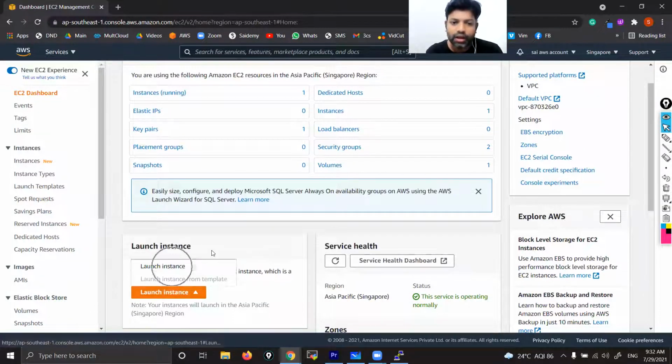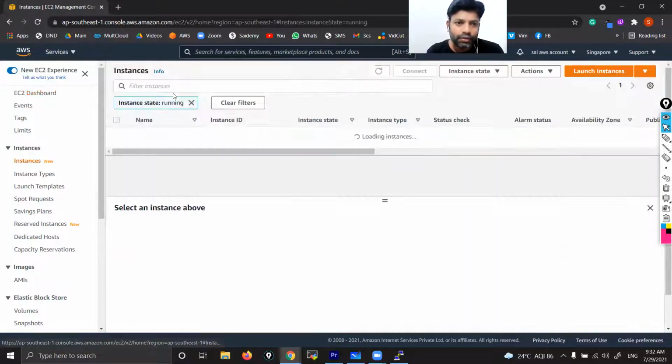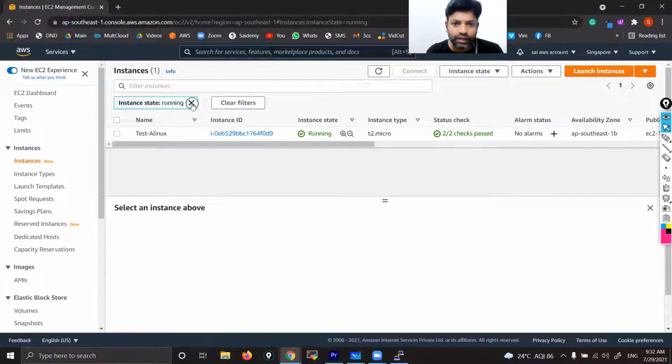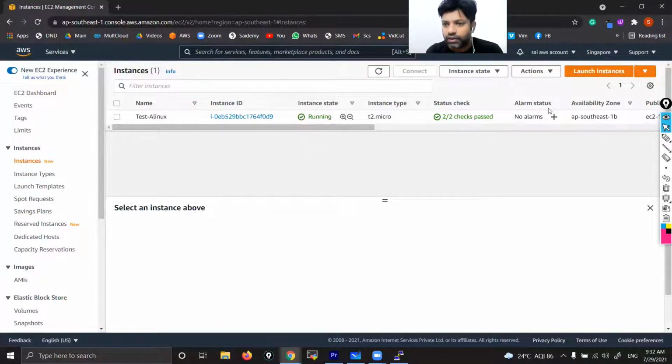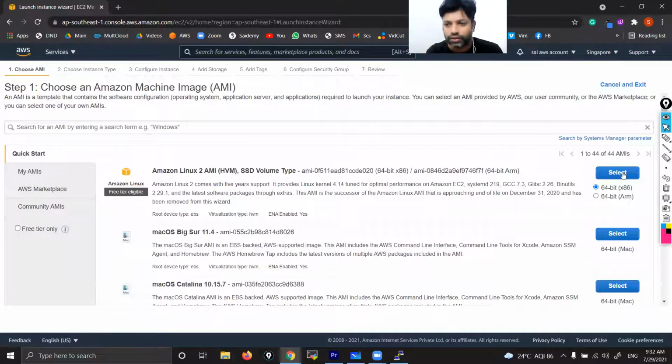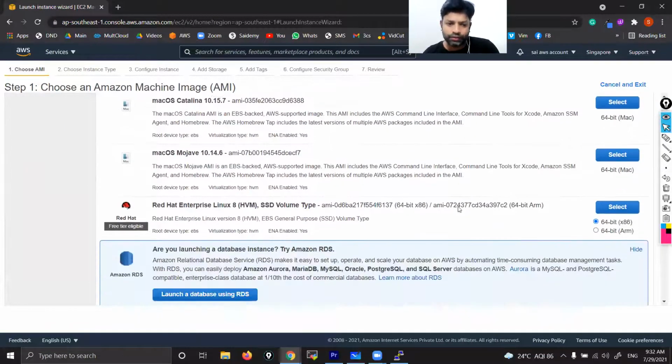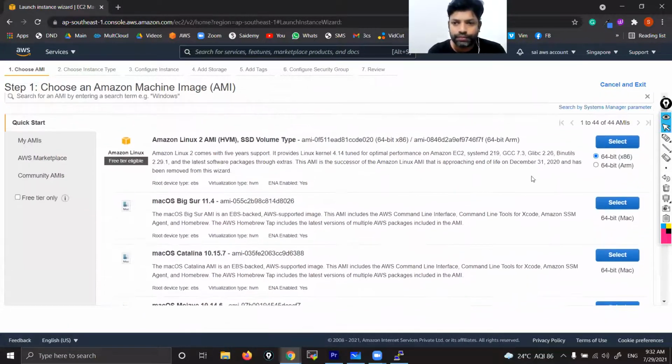Either you go to the dashboard, or you can click here, launch instance, or go to running instances. Here, this is one running instance, right? So directly you can click here, launch instance. Okay, you can choose any Linux. In today's class I'll launch other operating systems also, I'll show you. Let me launch Amazon Linux.